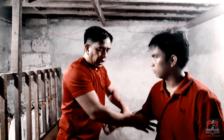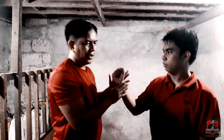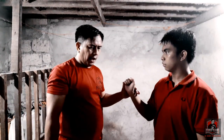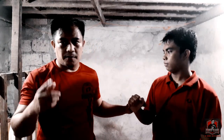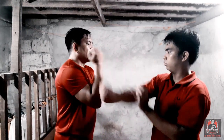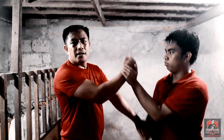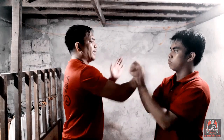Okay, why I love this? A lot of people say that these drills won't work in a real fight. Well, that's one big issue I can answer, because it depends on the instructor, it depends on the drills. For example, if this drill is just this, and you do it countless times or 1,000 times, then you're memorizing the drills so that you can even do them without looking at your partner, which for me is nonsense. Why? Because me